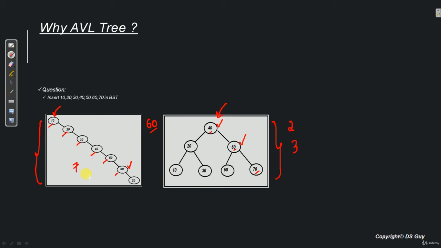Similarly, when we do an insert or delete, there will be performance issues in the first tree. And why is that performance problem? Again, that is because of too much height of this tree. And why did this height occur? This occurred because all the nodes are skewed, or we also say they are disbalanced. But in this case, the tree is a balanced one, hence the height is smaller.